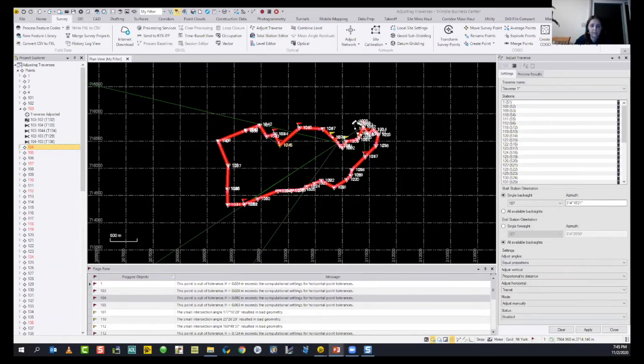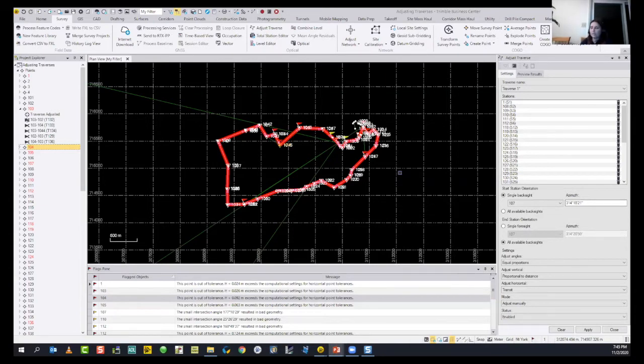So the traverse adjustment, that's the final thing I would like to say, that during your traverse adjustment, you try to eliminate some of the errors in the traverse. These are centering errors. You may have errors on your height of instrument or height of your target, your prism.